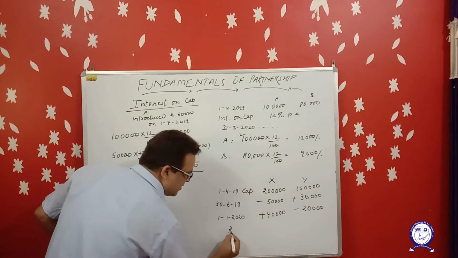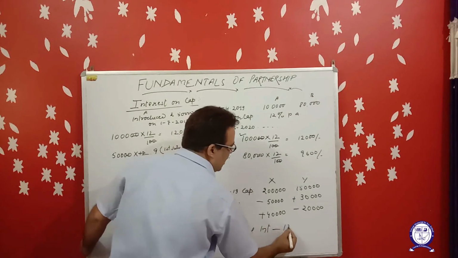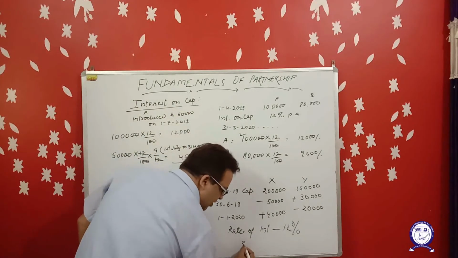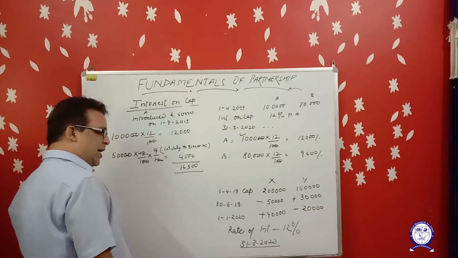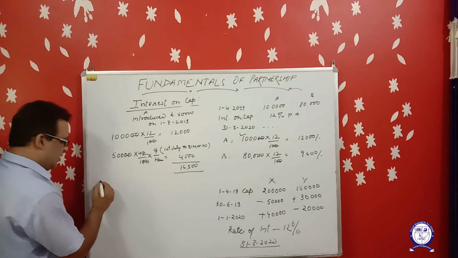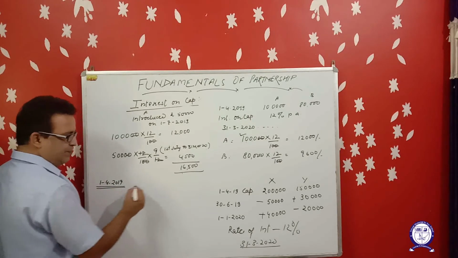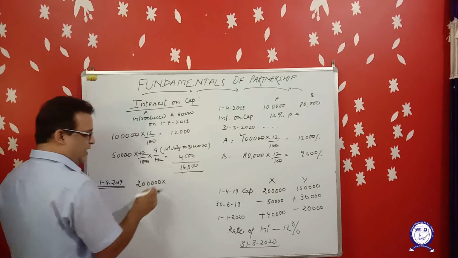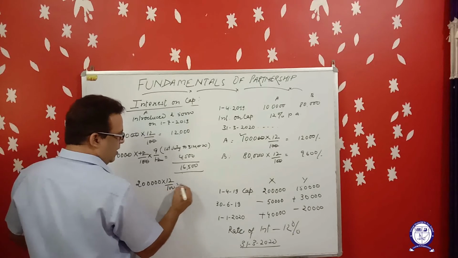The rate of interest is 12%. Find out the amount of interest on capital if the year is ending on 31st March 2020. So let us calculate the interest on capital for X. The opening balance of the capital on 1st April 2019 is 2 lakh. First of all, calculate the amount of interest on 2 lakh for the full year: 24,000.